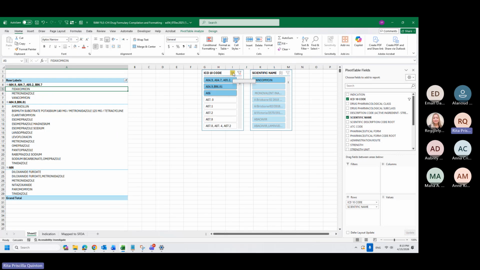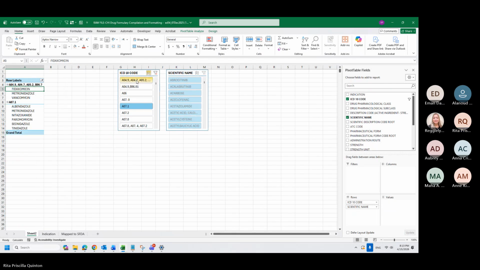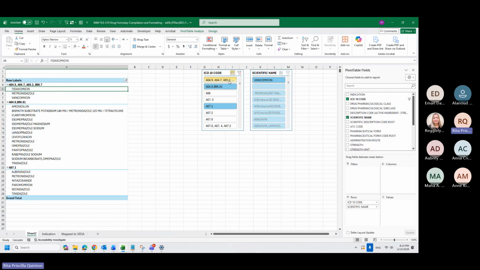This is the multi-select function. If you remove it and click on the fifth one, for example, it will only show us the fifth one and remove the selected cells here. But if you want multiple, just make sure that this one is clicked before clicking the other diagnoses that you want.